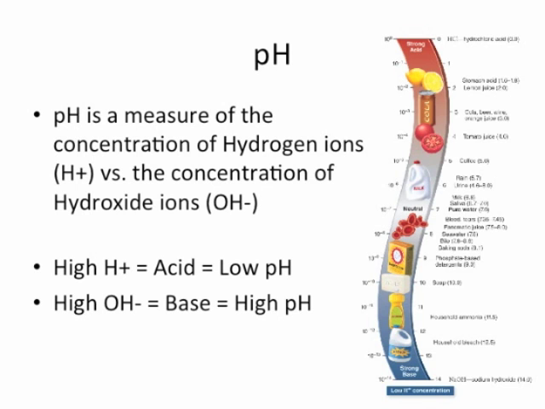The final little part about water, the final thing that we're going to go into before we start talking about larger biomolecules, is the concept of pH. And really for now, I just want you to be familiar with what pH is a measure of, what it actually is, and know a little bit about the difference between when pH is high versus when pH is low. What does that mean? So pH is simply a measure of the concentration of hydrogen ions relative to the concentration of hydroxide ions. So hydrogen ion is H+, hydroxide ion is OH-.